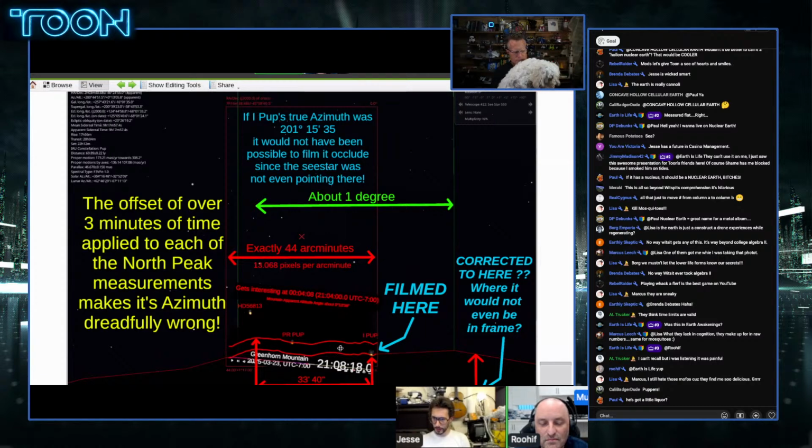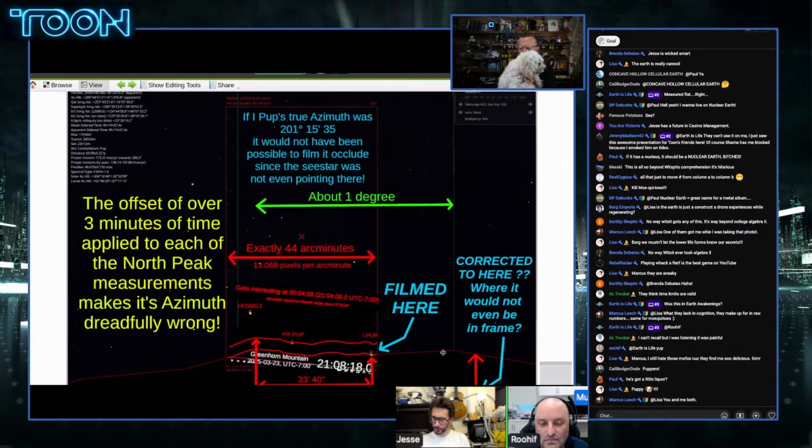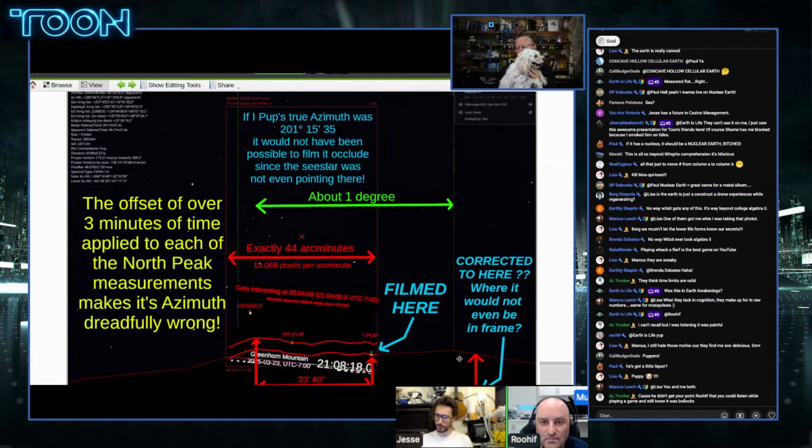I said, look, it occluded here. You're saying that it was 3 minutes off. That puts it either over here or over here. And so then they're like, well, you just picked out the one bad data sample. It's like, no, you did the same time to all the stars on that mountain. They're all going to be off by that much. And when they realized that wasn't going well, then they doubled back to the time offset, or